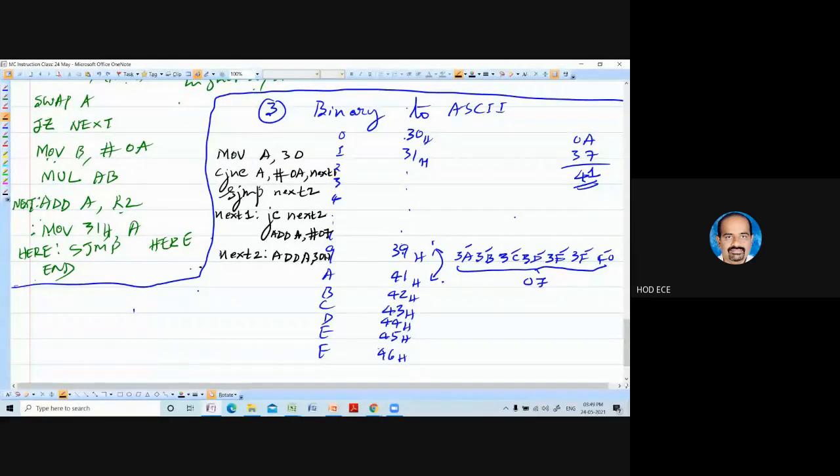Just check. Take the number. For example, number is 3. It's not equal, then come to next one. Check. As the number is 3, it is less than 10. So you are coming to next 2.